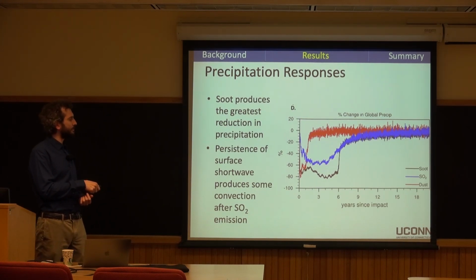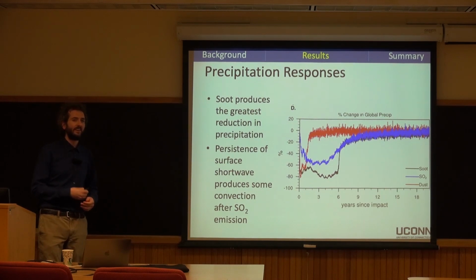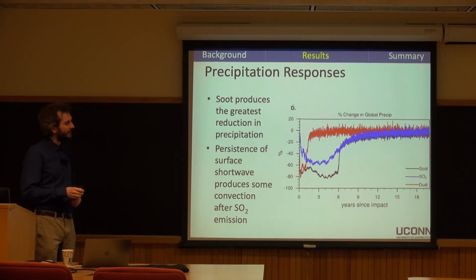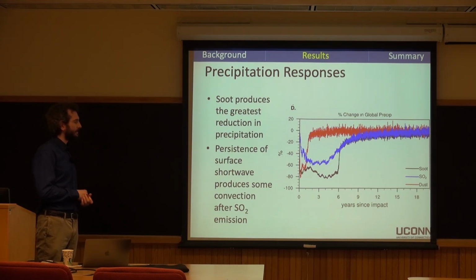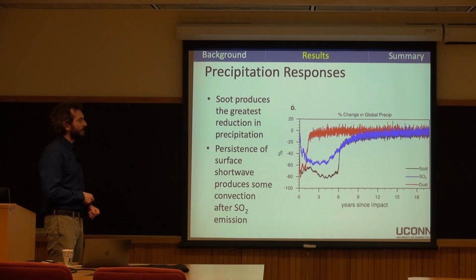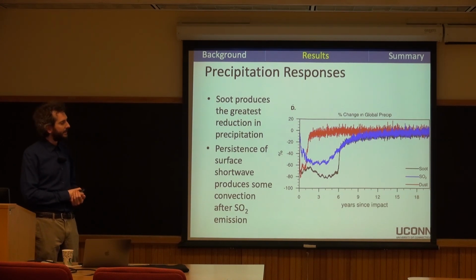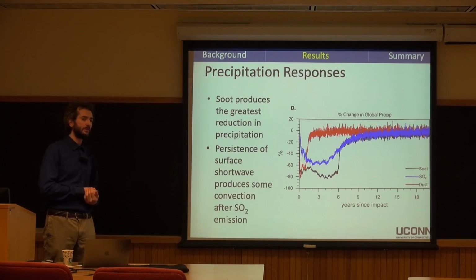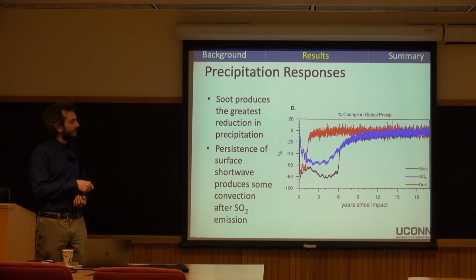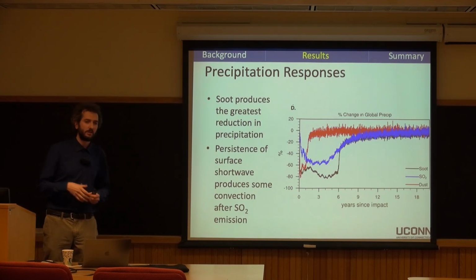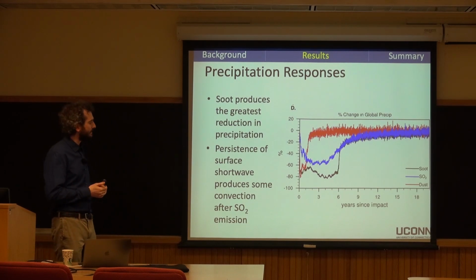In contrast, with the SO2, you're able to maintain an extremely weak and sad Hadley circulation, a little bit of an intertropical convergence zone still occurring with the SO2 emissions, and so precipitation doesn't drop quite as much as you see in the soot and in the dust cases. And even 20 years out, there's still a small reduction in precipitation in the SO2 and the soot emission cases because the intertropical convergence zone is still a bit cooler than it was before. Your ITCZ is still a little bit weaker.